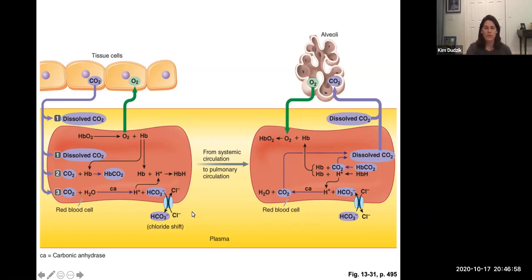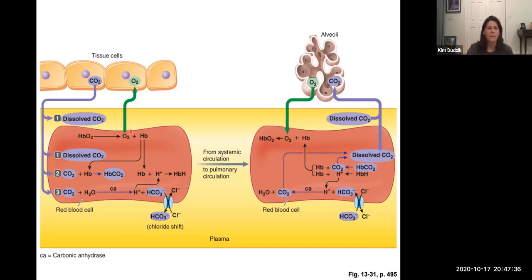So this is a picture of a blood vessel. You can see the yellow is plasma. Over on the left side here, let me turn on my laser pointer so you can see what I'm pointing at. This represents our tissues, and this would be a capillary at our tissues. You can see that oxygen has dissociated from hemoglobin because the partial pressure is lower on this side than it is on this side. That favors the dissociation of oxygen from hemoglobin, and oxygen moves into the tissues.